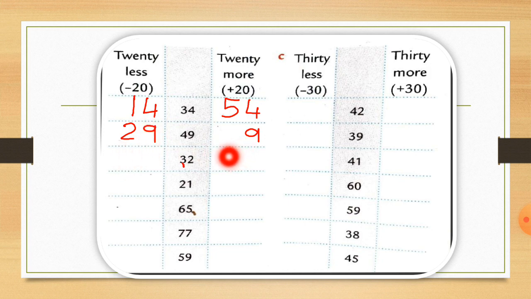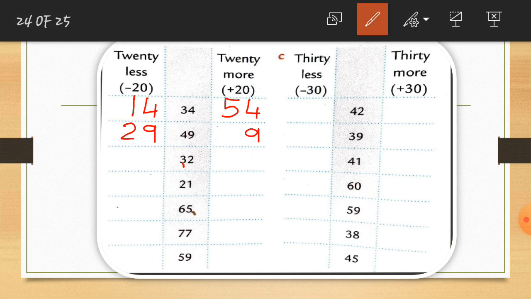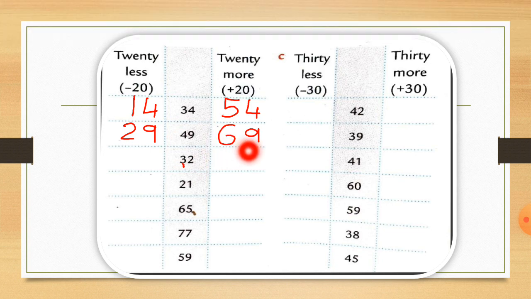Let's move to adding the number. Here is the 4 number. So we have to add a 2 number in this 4 number. So 4 plus 2 is equal to 6. So here I write the answer which is 6. Here I write number. You can see this. I write the answer 69. So this way you have to solve the other sum. Rest of the sums you have to solve by yourself.